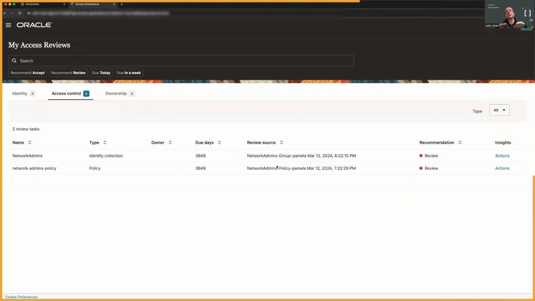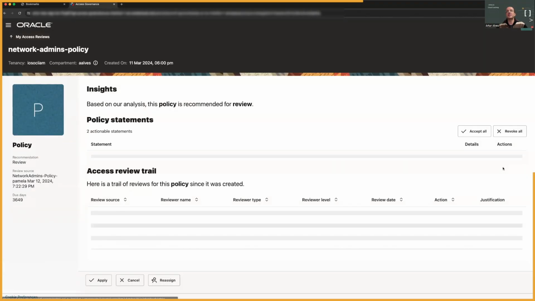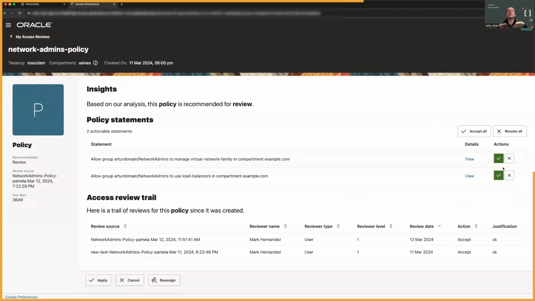They are all related to the IT department, and so both of them land on Mark Hernandez's dashboard. So let's start, for instance, with the policies review. So the IAM policies review. When you go into that, you see which are the statements of the policies.